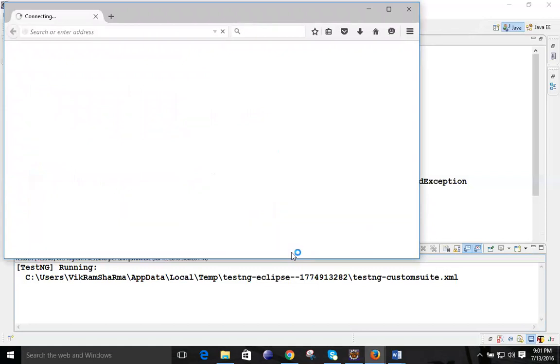The first time the browser is getting opened, see the operations it is going to perform.